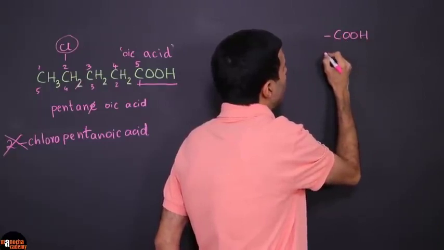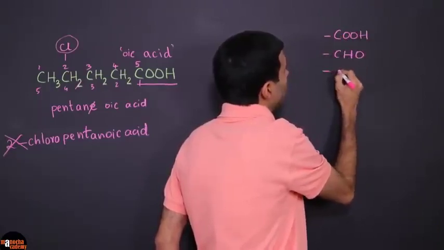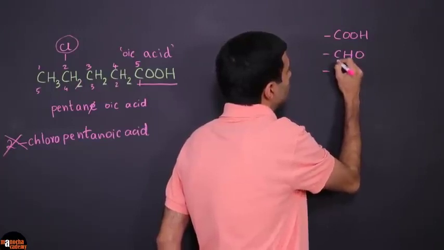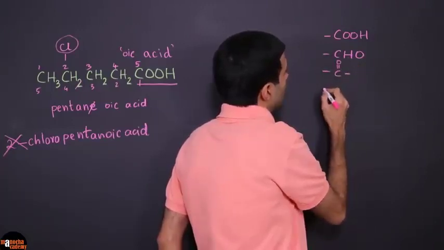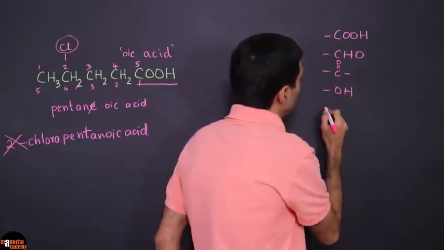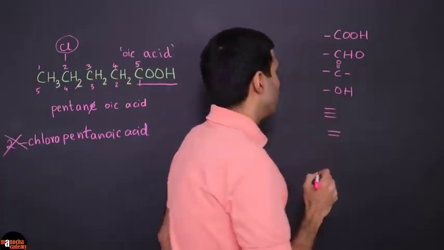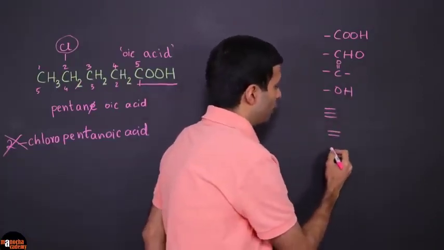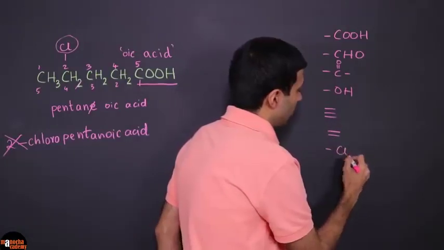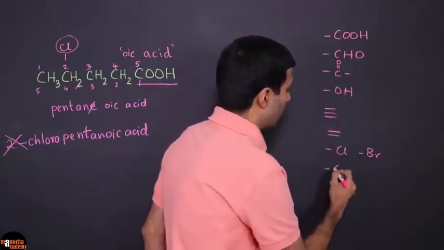Then we have aldehydes, followed by ketones, then alcohols, then you have the triple bond, double bond, and then you have the halogens, so things like chloro, bromo, right, and then you have the alkyls, so